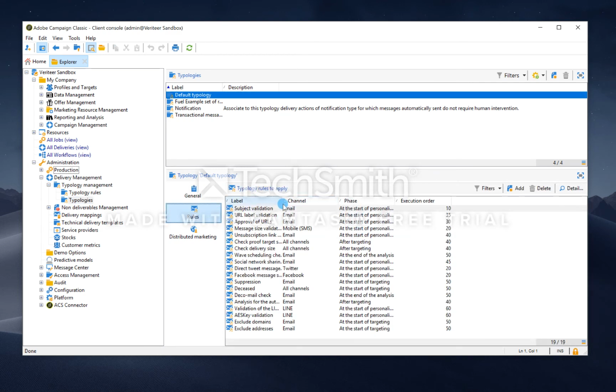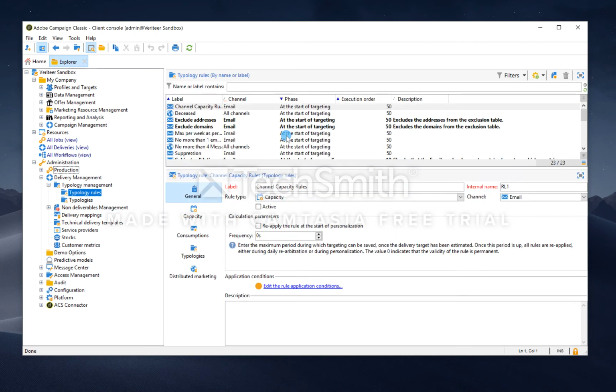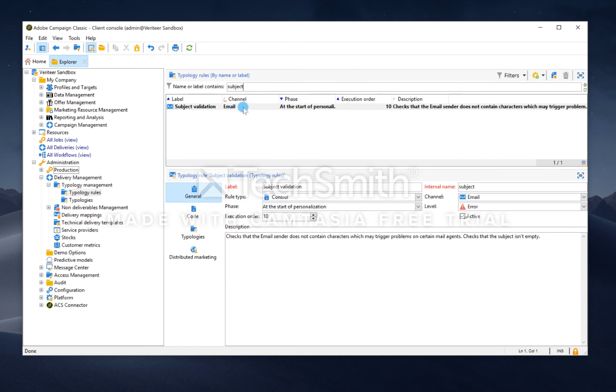So you can see here we've got one around subject validation. We've also got one around the unsubscription link. So if I go back to the typology rules folder and I look for the subject validation, you can see here that this is a typology rule for email channel, and the phase is at the start of the personalization. So what this means is that this will check before, when you run the analysis on your delivery, that the email sender does not contain characters which may trigger problems on certain mail agents, and it checks also that the